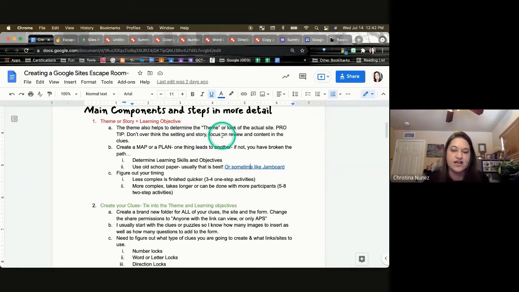I realized over time, you don't necessarily have to do that. The actual clues and things themselves can be the review topics or what you want them to cover, or the items. You don't have to force the story to fit into that. And once I let my crazy control freak, if you know anything about me, go a little bit,